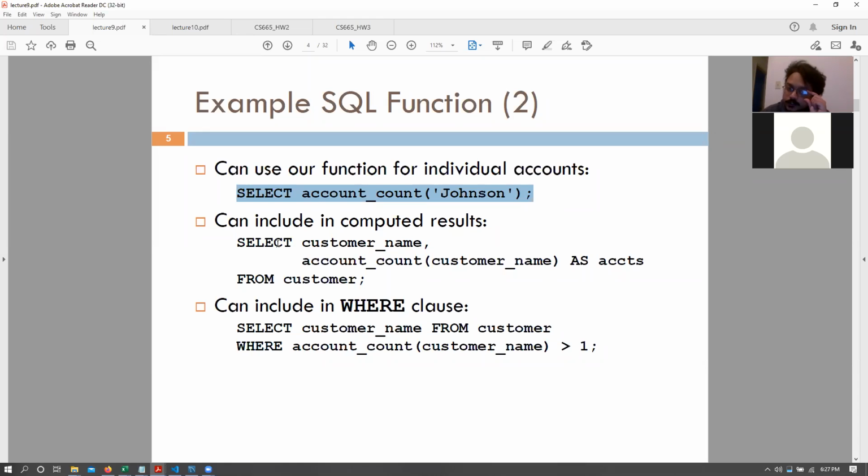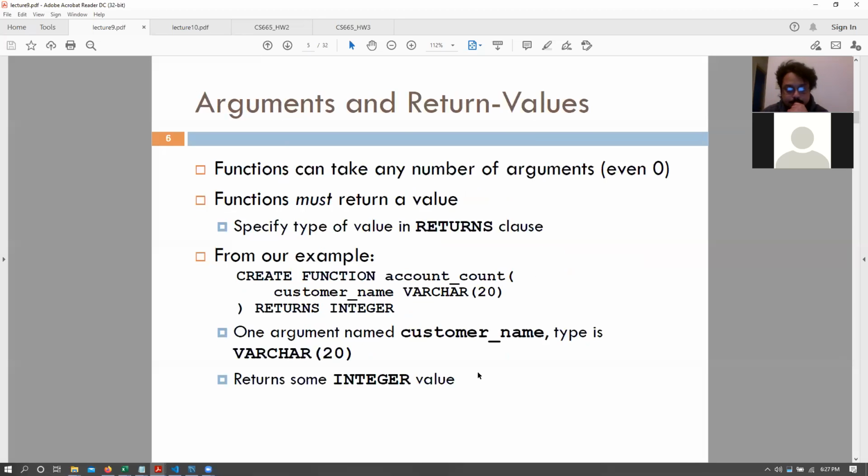We can also use functions as computed results. Essentially, select customer name, and for every customer name, call this function account count from the customer table. So this table ends up getting the schema of customer name, comma, the number of accounts that customer has. Okay.